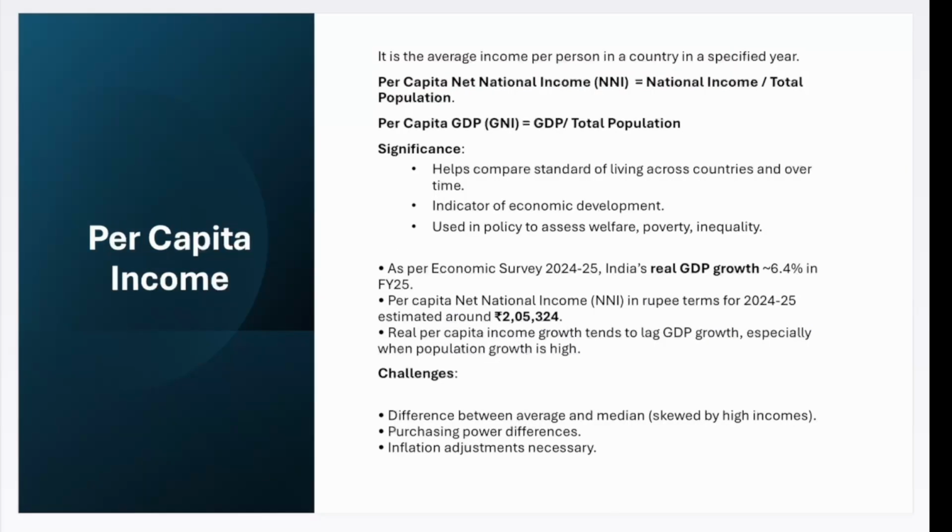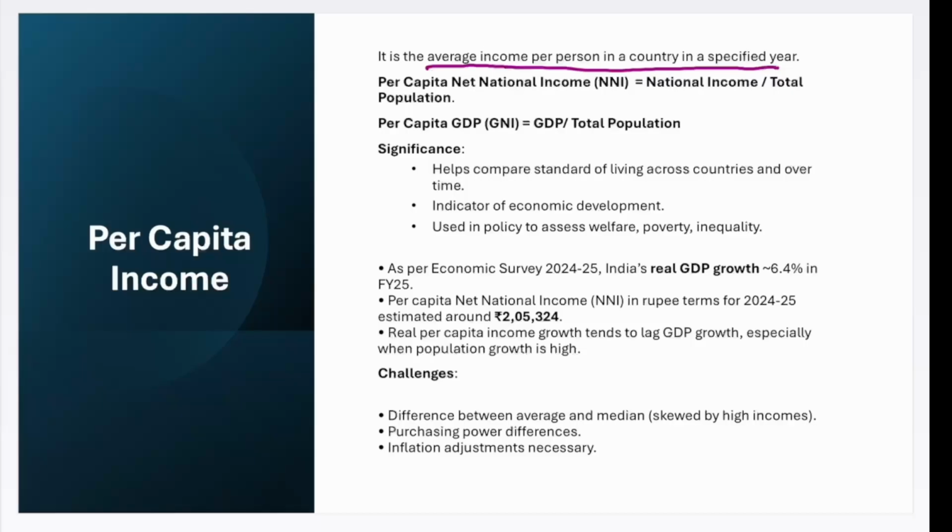To start, a very common parameter is per capita income. So what is per capita income? It is the total income of a country divided by the population of that country. So it is the average income per person in a country in a specified year. We can say this is the income which an average individual would be earning in a country in a specified year. So per capita net national income, what we call NNI, which we understood,